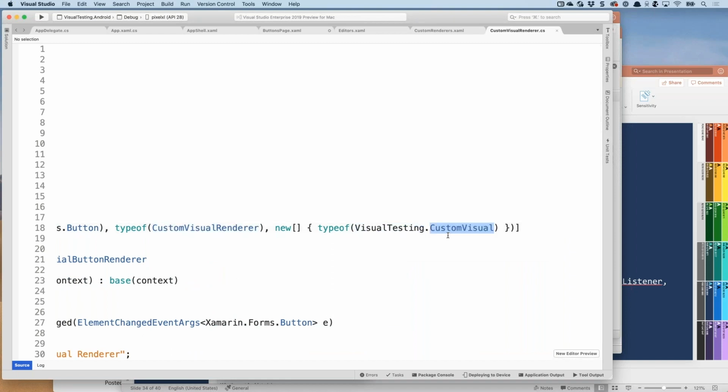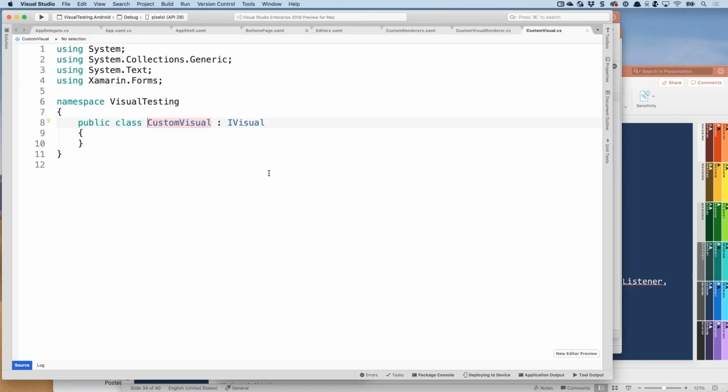So where is custom visual coming from? If we come look over here, it's just a class that implements the interface IVisual, which has no actual implementation. It just exists as a marker to use when asking for that visual. So in my case, or in Fred's case,